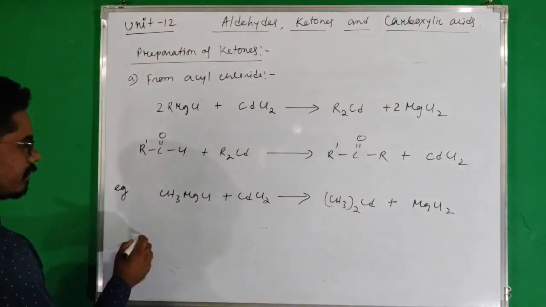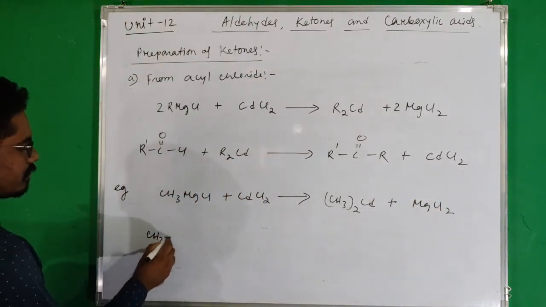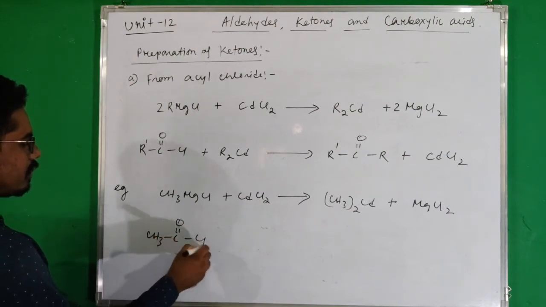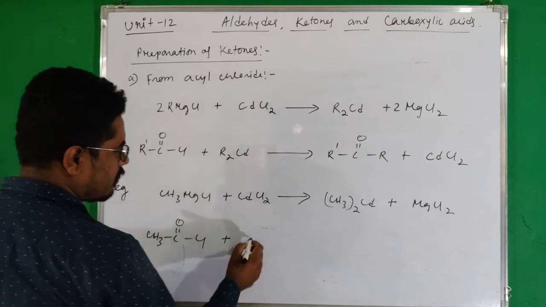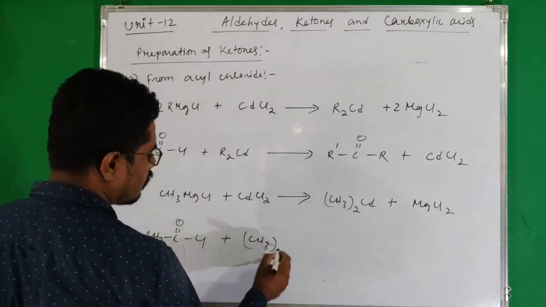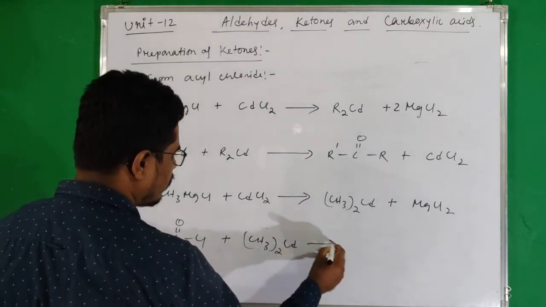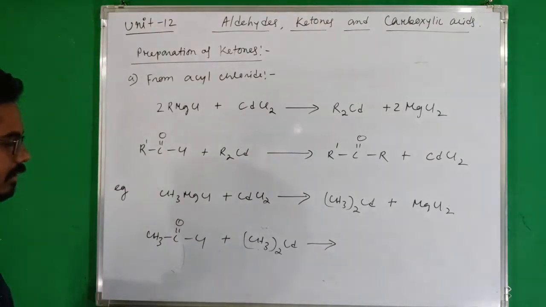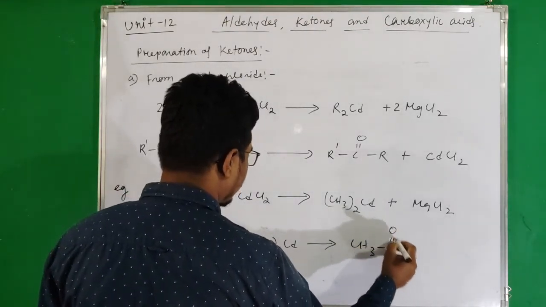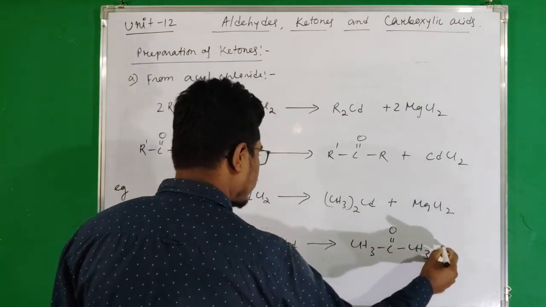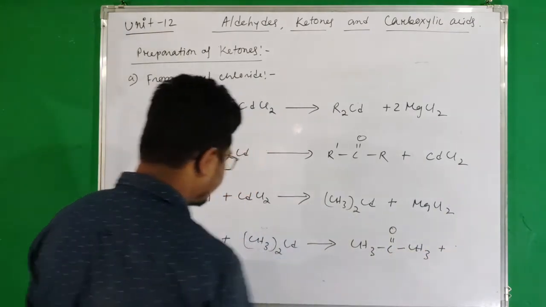Now in the next step, suppose we have CH3COCl, and with this acyl chloride, when dimethyl cadmium reacts, then the product is CH3COCH3, and the side product is